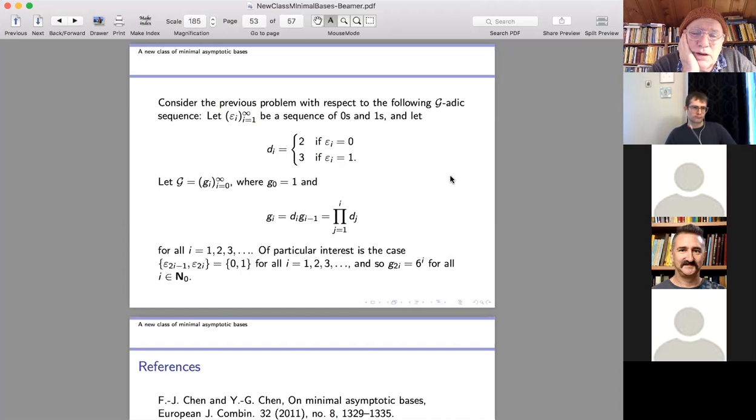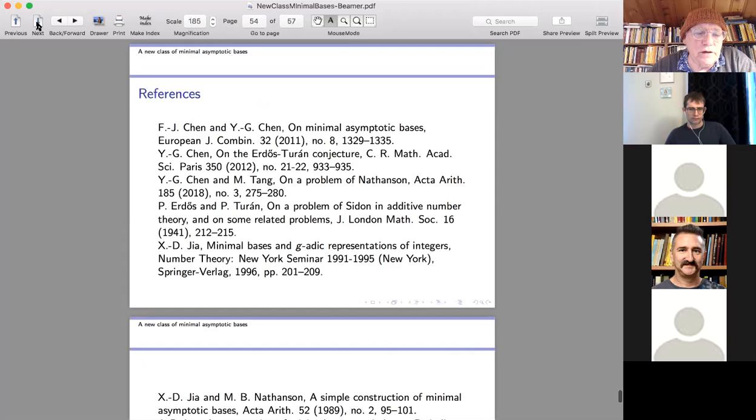And there are a lot of questions you can ask about this, either in the context of these minimal bases or in other contexts. And it's just curious. I don't know anyone who's looked into this. It may be that there's already an infinite literature on this subject, but I haven't come across it. In the last few years, there's been a fair amount of work done on the construction of minimal asymptotic bases, a large part of it by mathematicians in China, many of whom are named Chen.